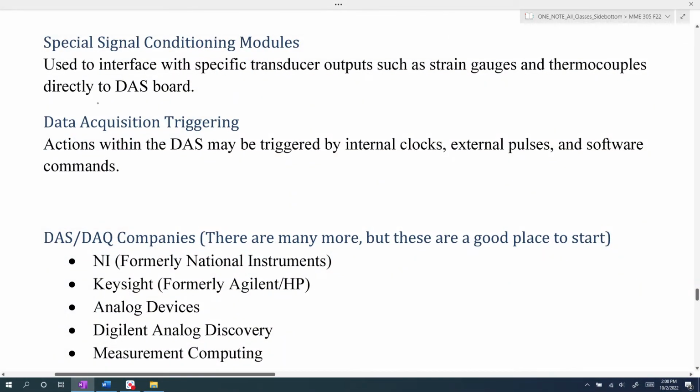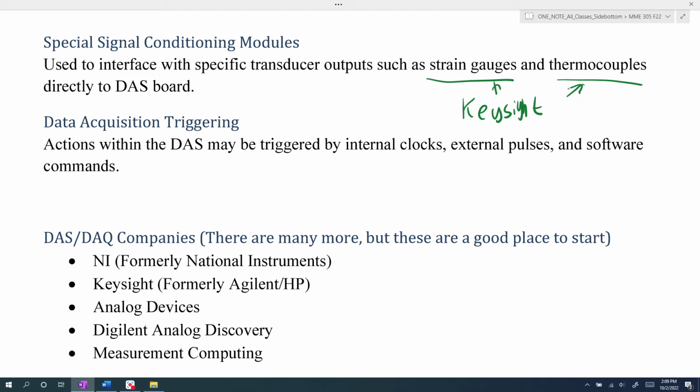So there are some data acquisition devices that have special signal conditioning modules that allow them to read different types of sensors. For example, there are some made to measure strain gauges and thermocouples. The one that we have in the lab is the Keysight DAC, and the Keysight DAC is great for measuring things like strain gauges and thermocouples because it has the capability of measuring the very small voltage signals that are common for those two devices. Some devices like the USB 6001 aren't great for measuring strain gauges and thermocouples directly because it doesn't have those specific